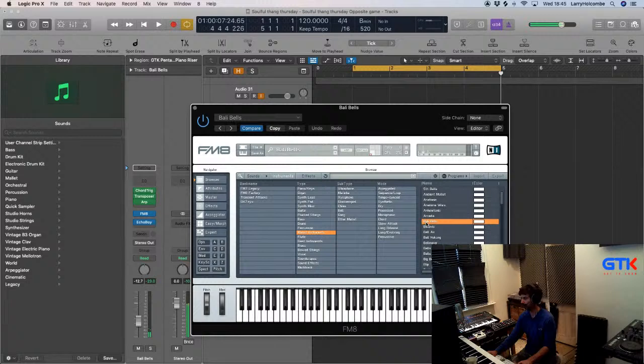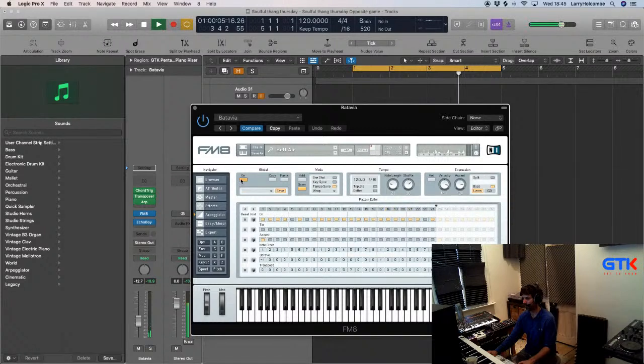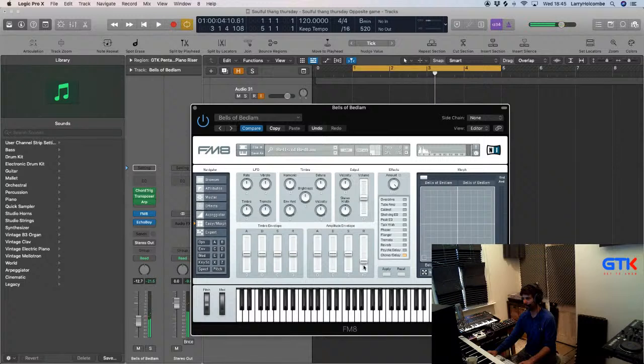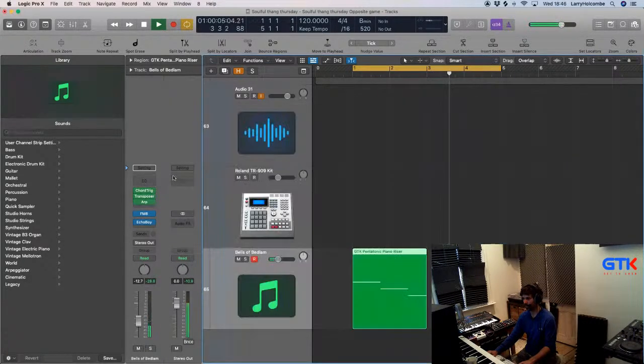It's quite nice. Okay, just turn the release down. Okay, it's cool for the idea. I think actually the first one I had was better, but